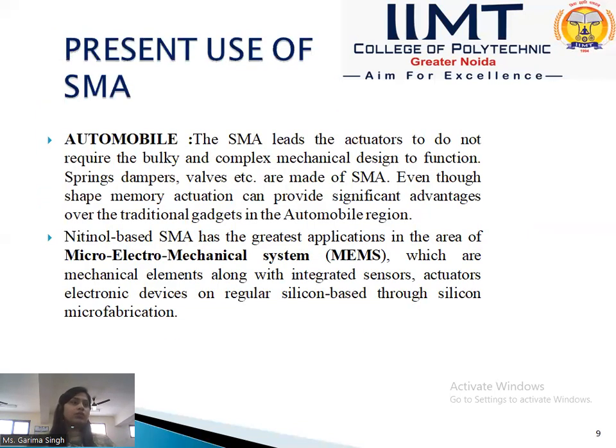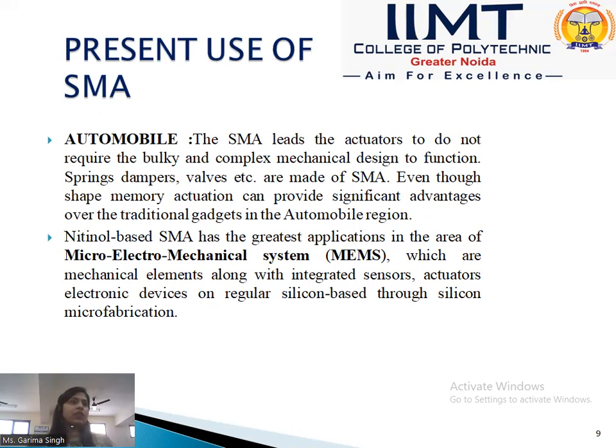Now, the present use of SMA. In automobiles, SMA lets actuators function without requiring the bulky and complex mechanical design. The spring dampers, valves, etc. are made of SMA. Even though shape memory alloy actuation can provide significant advantages over the traditional gadgets in the